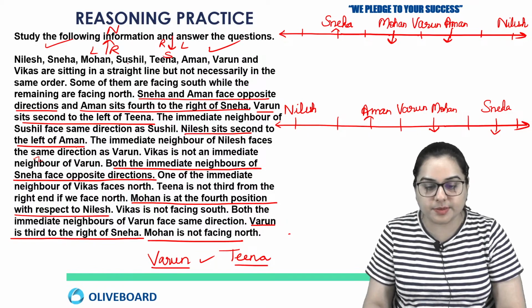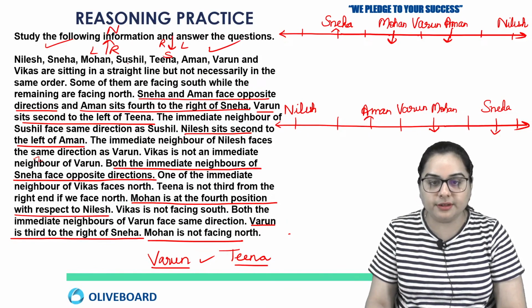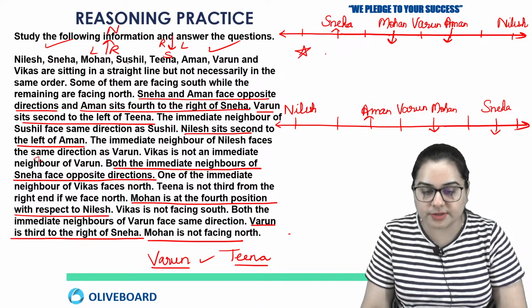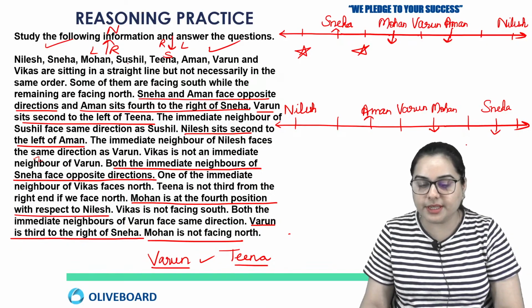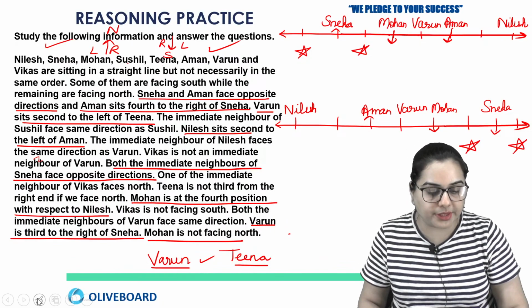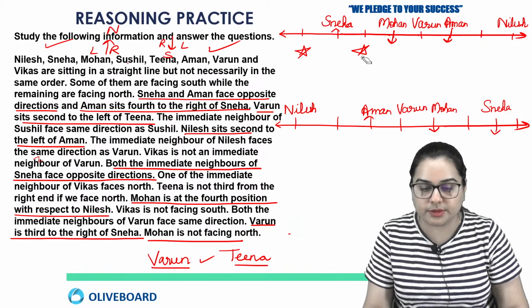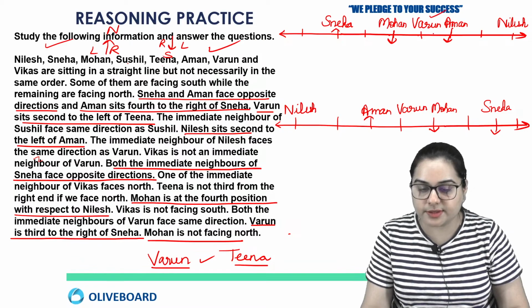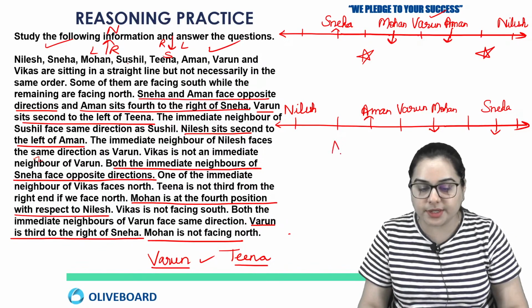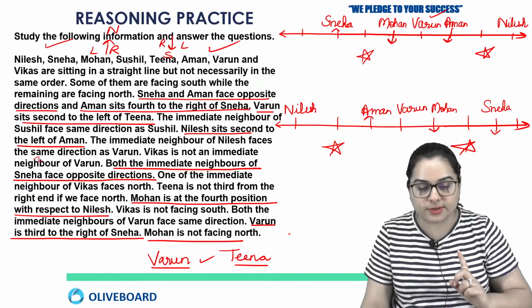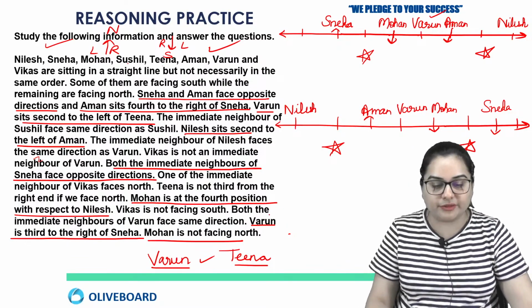So in the first possibility, I can write Varun and Tina on these two positions. And in the second possibility, I can write Varun and Tina on these two positions. Okay, Varun is already written, so there should not be any doubt about this. In the first case, Varun is written here, so Tina can be written on this position or at this position. And in the second possibility, again I have a doubt about Tina, means Tina can be written on one position out of these two positions.